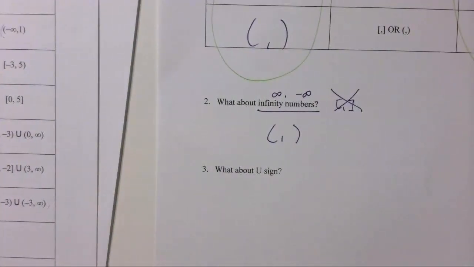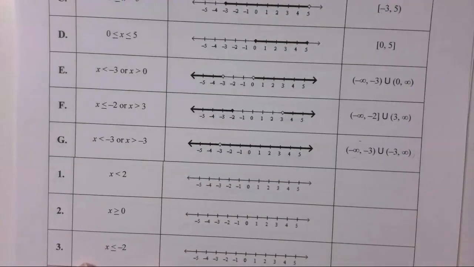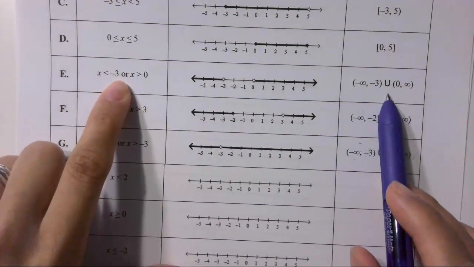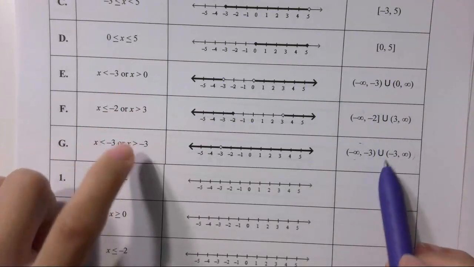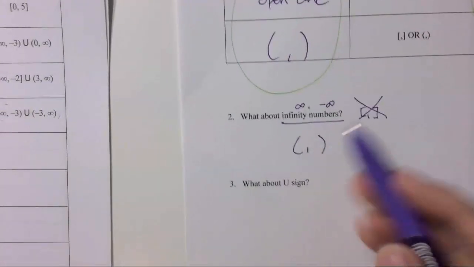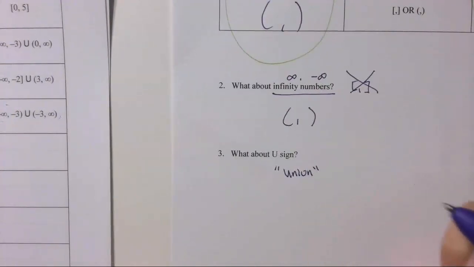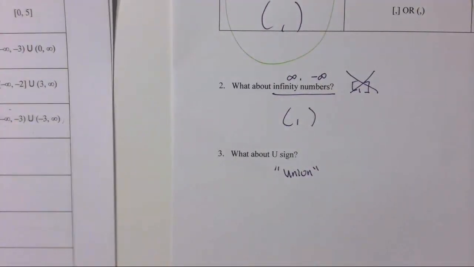Alright, what about the U sign? So where did we see the U sign? Over here? U, U, U. What do you notice about wherever there's a U? Or. So actually, guys, U, we read it as a union. You learn about this in set theory. I actually love that unit. I still remember learning about it. I was like, that's so cool. Anyhow, from now on, U is called a union, and it means